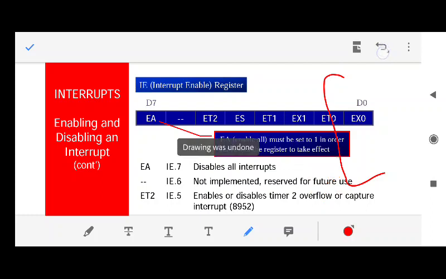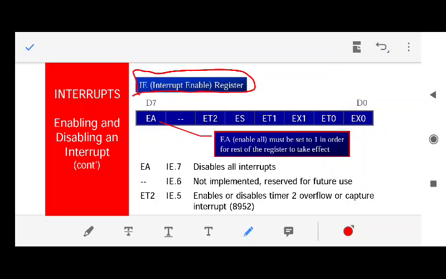How to enable and disable these interrupts? For that you have a special register which is known as the interrupt enable register. What is the content of the interrupt enable register? It is again of 8 bits.